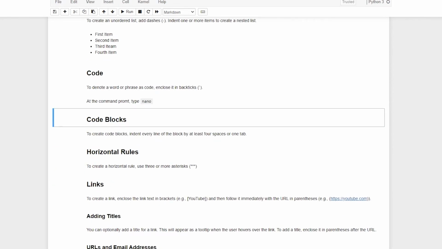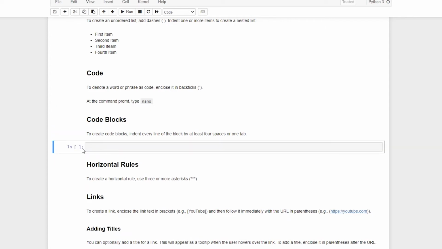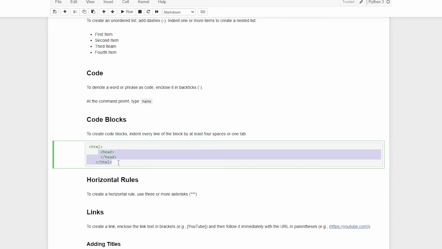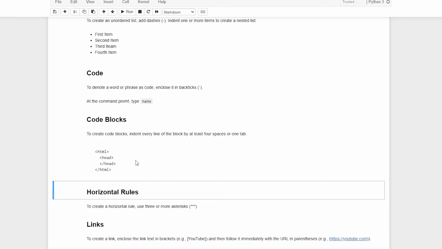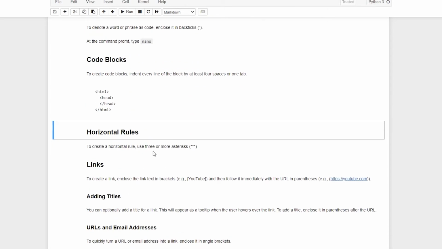what you actually do is I'm going to create a new cell over here. For instance, you have this HTML. You have to give an indentation. It says indent every line of the block by at least 4 spaces or 1 tab. So I'm going to select this, press tab, okay, and then shift enter. Now do one thing, try to do it with shift tab. That will be pretty interesting. I have done it and you might see some empty spaces, but I would allow you to explore that part.